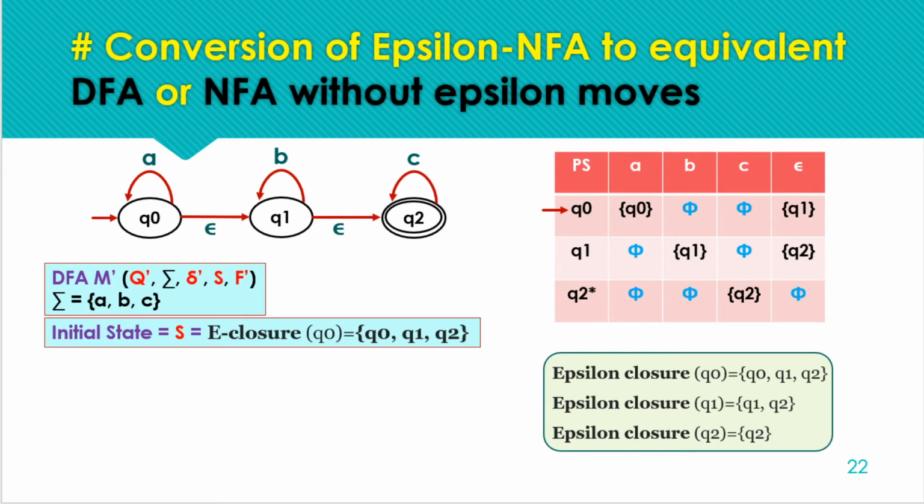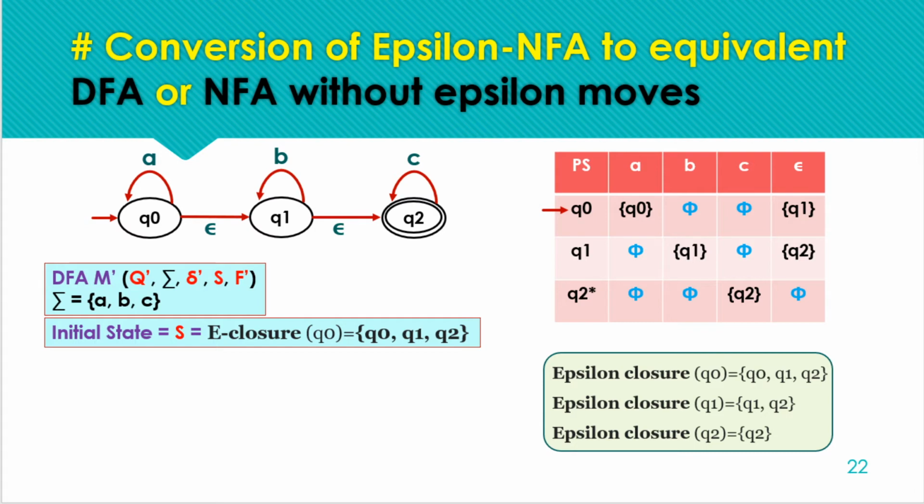So starting with the process, firstly we are calculating the initial state for the resulting DFA, and next we have to follow the same process, means starting with the initial state we will be finding out the transition for all the states, and if we encounter any new state, we have to consider that state as a new state and find out the transition for it. So the process is the same, but in this case we have to find out the closures at every step.